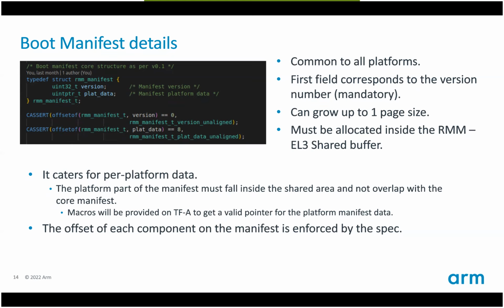So if in the future we need to pass a larger manifest, or we need to increase the amount of shared memory between RMM and EL3, it shouldn't be very problematic. Sorry, you were going to say? That sounds good. Yeah. So another thing to keep in mind is in NUMOR V1, RMM or the realm world